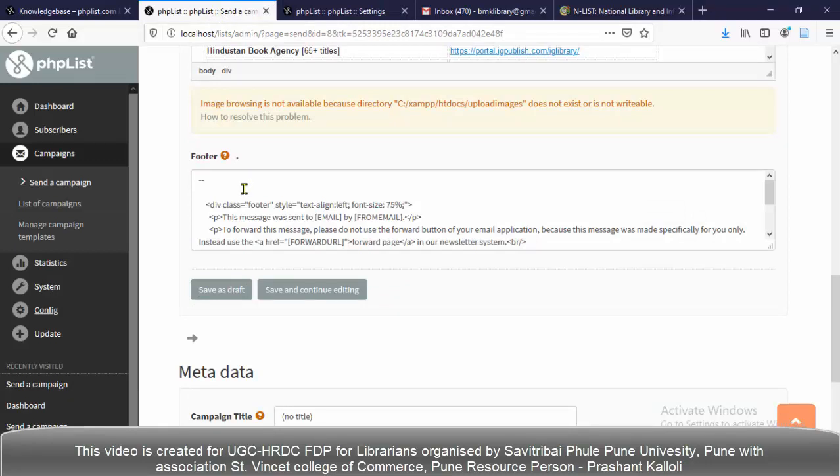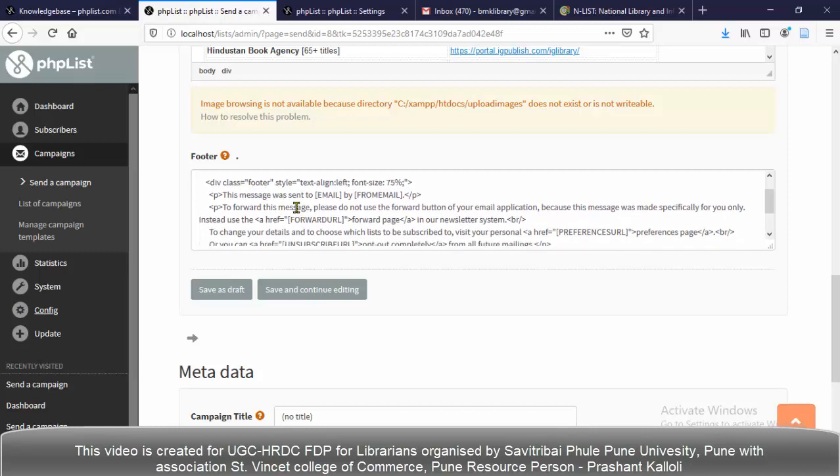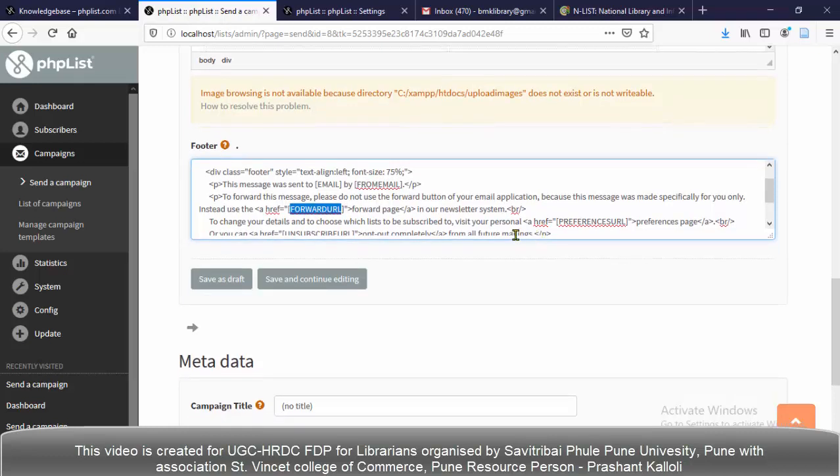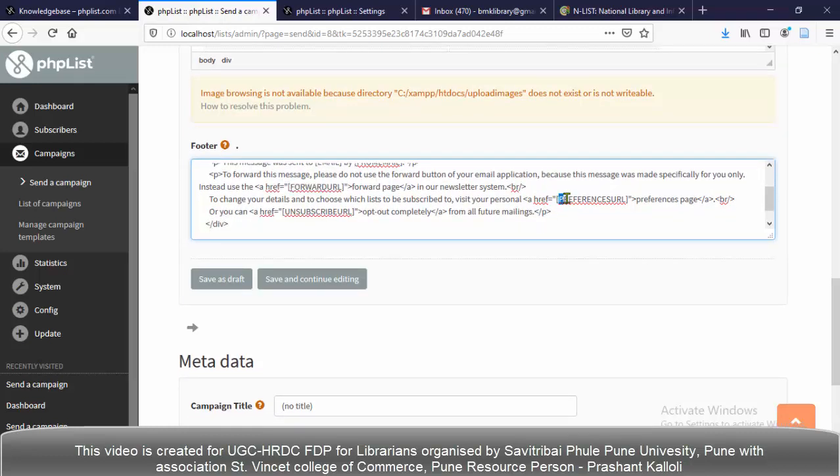In the footer there are placeholders. If you see this message, there are placeholders, like email, from mail, forward URL. If you look carefully here, here are the preference URL and the unsubscribe URL.